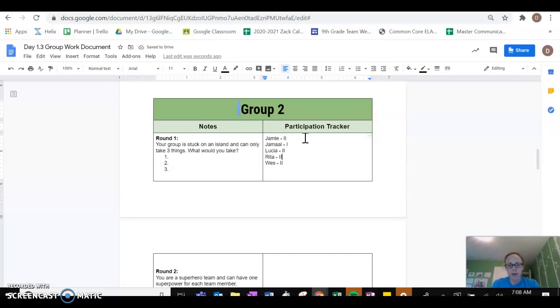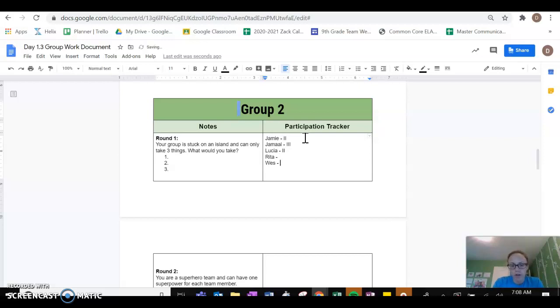If they do not speak at all, if Rita doesn't speak at all, she gets no marks. That's a sign for me when I go back and look, oh, Rita did not participate. If they're absent, also just leave it blank. I'll, of course, know they didn't participate because they were absent. But if they speak multiple times, every time they speak, you just give them another mark. If they speak once, but it's really insightful, maybe I'm giving them 2 marks for that, and so forth.